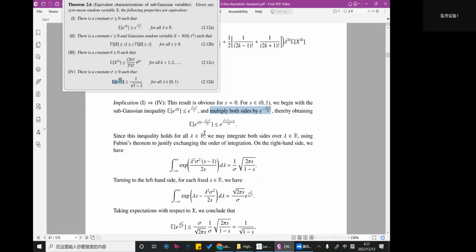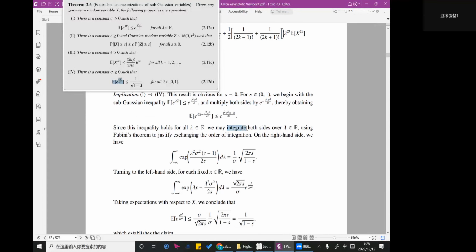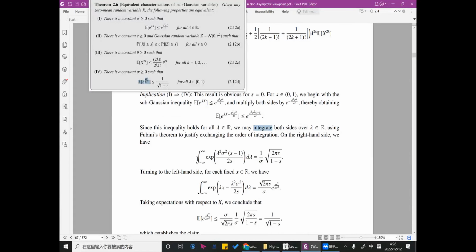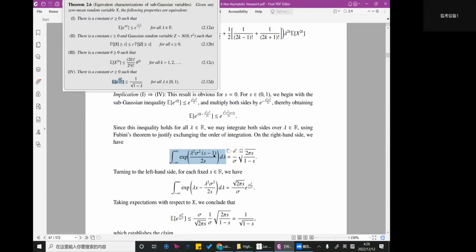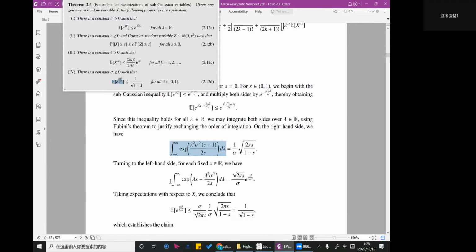Anyway, the author multiplies both sides with this and then makes some integration like this. Integrate both sides, and let me see, by some calculation turning to the left hand side. Okay, the left hand side, turning to the left hand side from phase x, we have